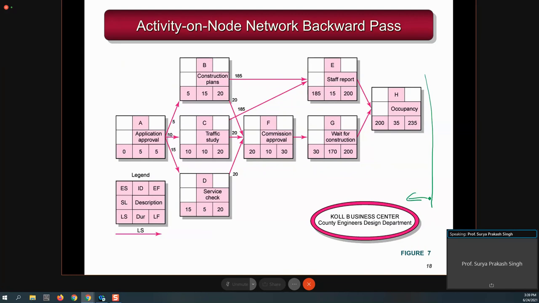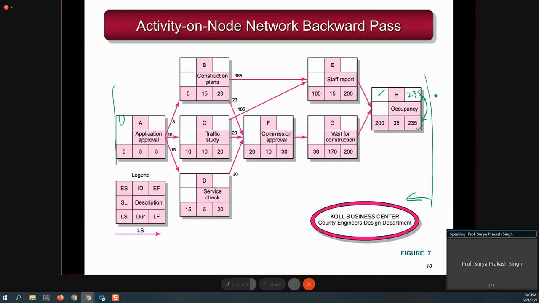In this direction, the way we took the reference point here as 0, we have to take the reference point here, not this side but this one. We already have all the numbers, early start and early finish. Now we have to start here. This was 235, so we have to keep the reference as 235 only. I will ask the participants at the end why we have taken 235, why not less than 235, and why not greater than 235. That's a simple question, and I'm sure all of you would answer me.